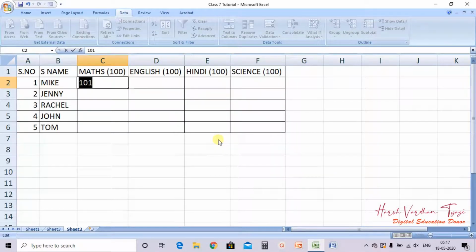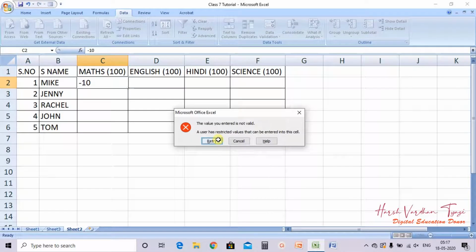Okay, now what does the user have to enter? Now suppose he is entering minus 10, again he will get the error. So you got it. What is this data validation?